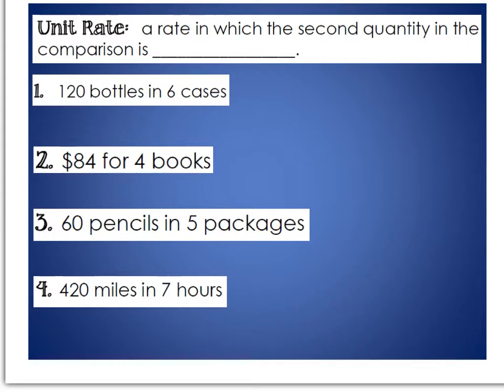Alright, next find the page that has unit rate at the top of it. Unit rate is a rate in which the second quantity in the comparison is 1 unit, whatever that unit would be. So here, if we have 120 bottles in 6 cases, we can say 120 divided by 6, or we could set up a proportion, either way. So we'd say 120 divided by 6, which would give us 20 bottles